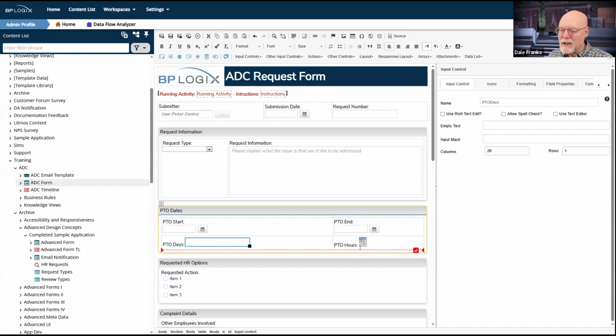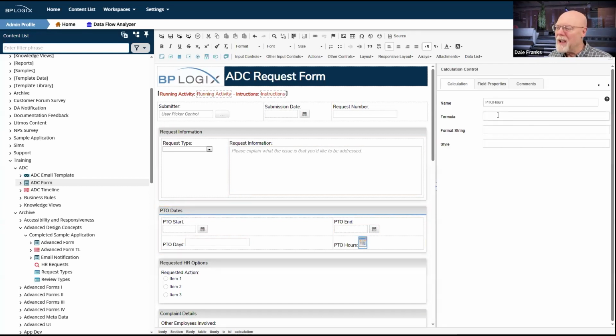I'm going to set my formula, well, I clicked away from here, didn't I? I'm going to set my formula as the system variable for PTO days, which I believe is what I named that field. And I'm just going to multiply that by 8. So however many days it is, it should multiply by the number of hours. Well, all of this sounds great in theory. There is one more thing I need to do before we move on, and that is I need to use a set focus because I'm now using form fields to prompt events.